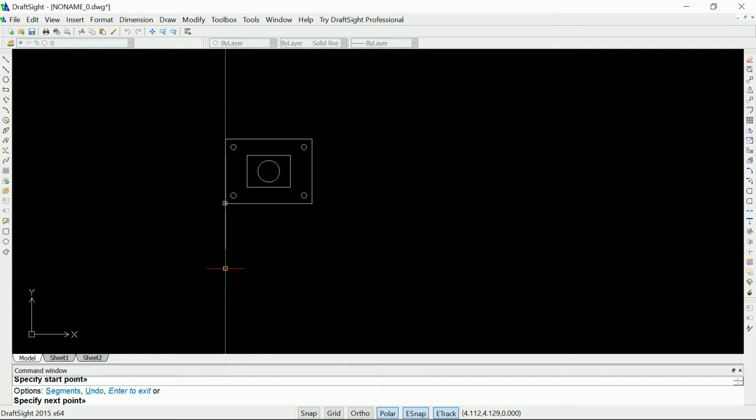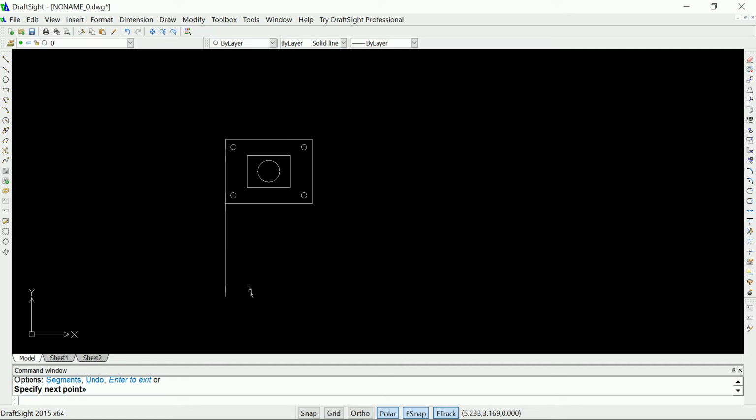I'm going to go about close to the x-axis here, and then up. This is just arbitrary. So I'm going to draw that line,